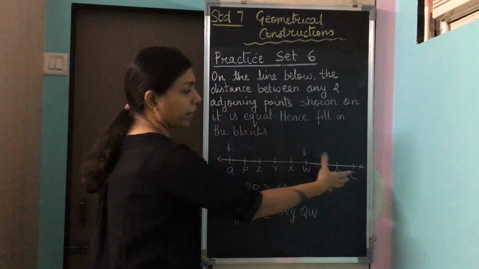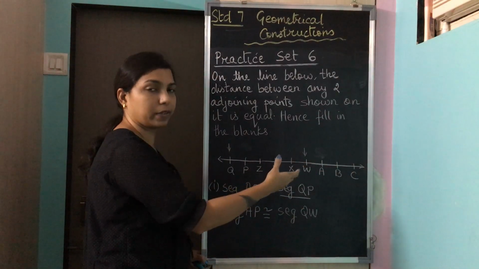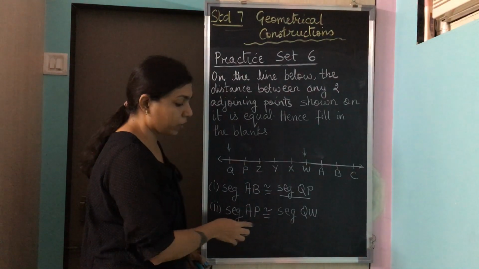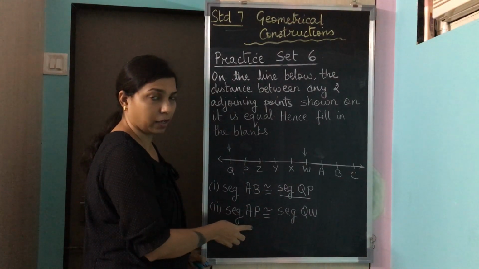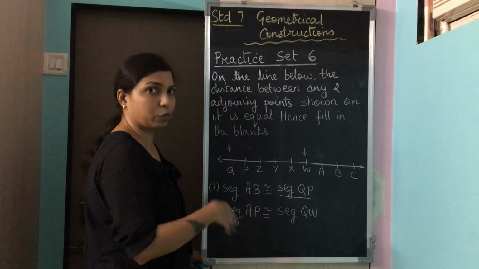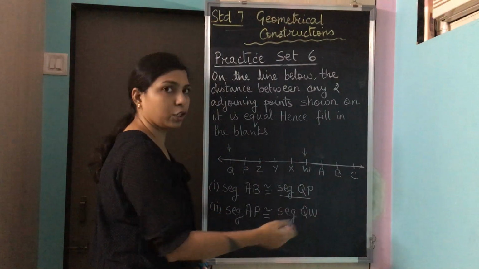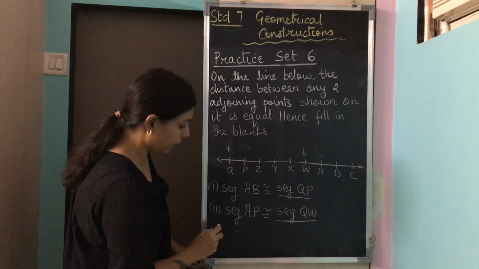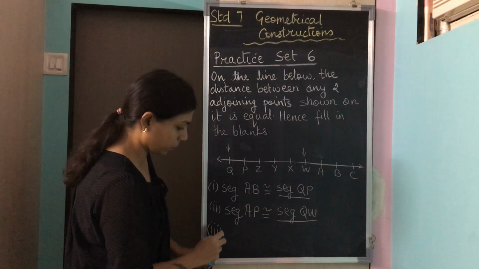Okay, you can select from this side also, anywhere that you wish, but you have to make sure how many units is shown by this first part. The same number of units has to be shown by the part that you are selecting. I'll do one more sum and then the remaining 3 you will do yourself.